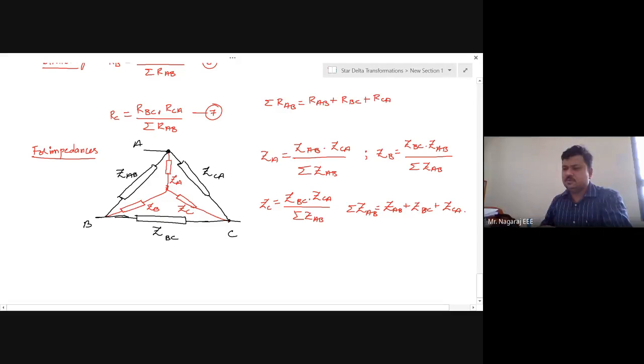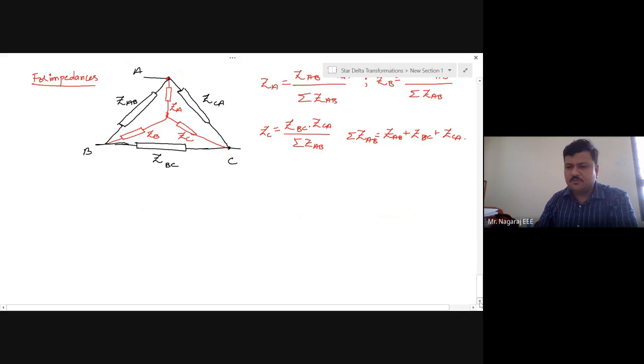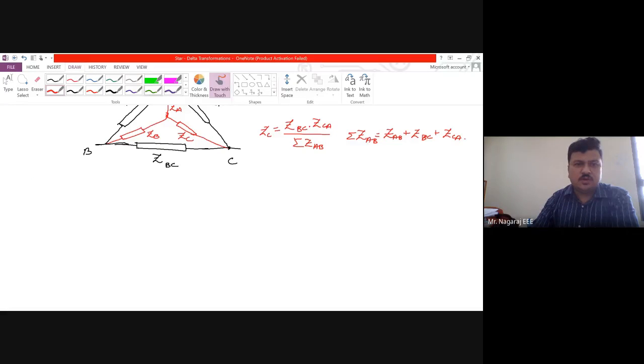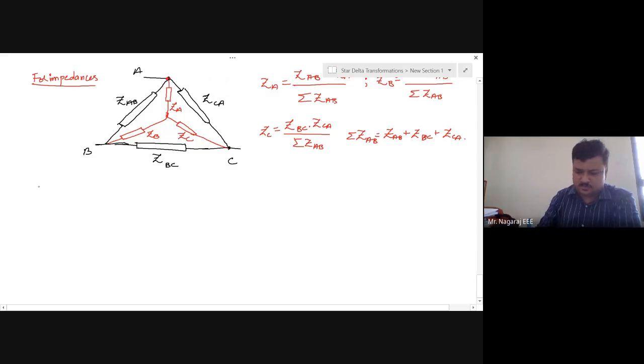No, sir. So a quick remembrance is what? To get a star connected equivalent circuit from delta, the equivalent resistance is: multiply the two resistances connected to that particular terminal and divide by the sum of all the resistances connected in the delta fashion. Next step is to have the star to delta transformation. We should also see how to transform from star to delta.